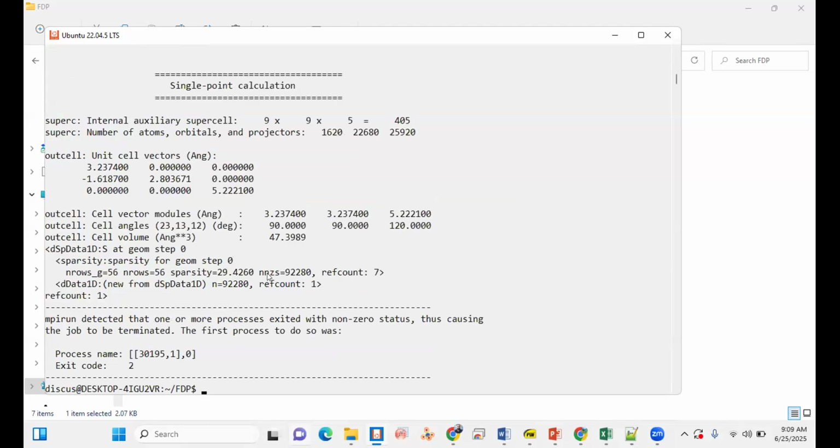so basically it gives some error. Maybe mpirun is not detected. Yes. So maybe I am on a Windows system, and maybe my MPI is not properly installed.